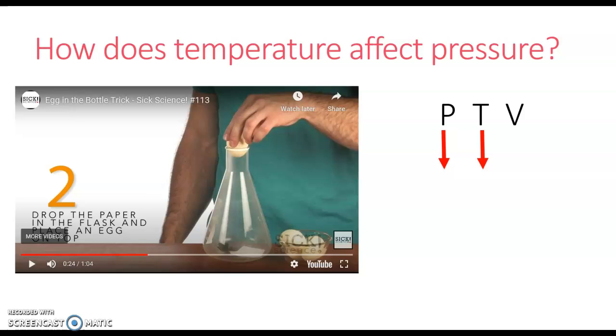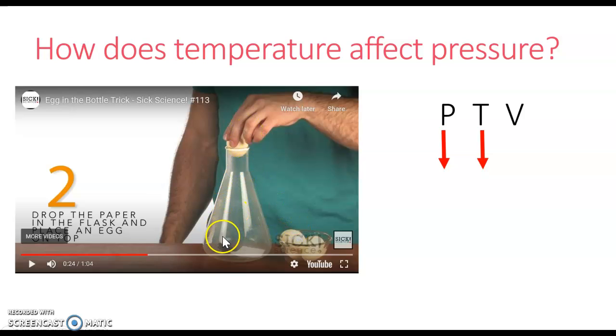The same thing happens with pressure. The air around us exerts a normal pressure of 1 atmosphere. So all around this flask is 1 atmosphere. Well, when the pressure inside this flask goes down, let's say it's only 0.8 atmospheres, the outside pressure is like, hey, that's not fair. I want to be less. So the outside pressure pushes the egg into the bottle